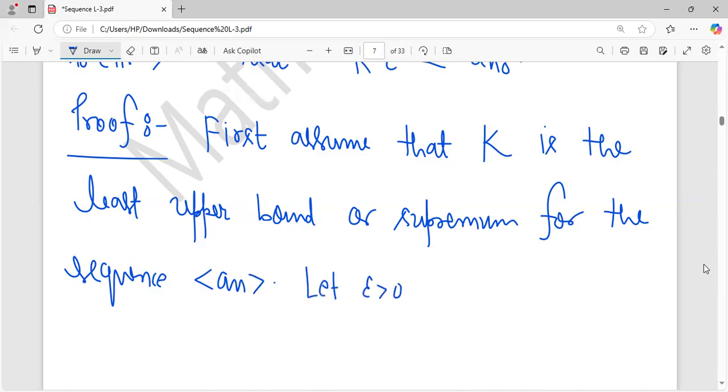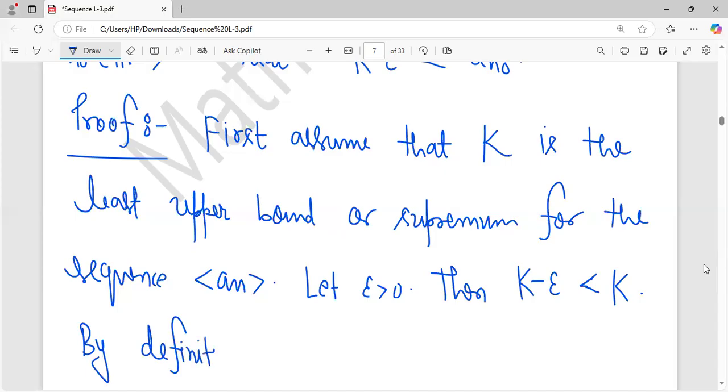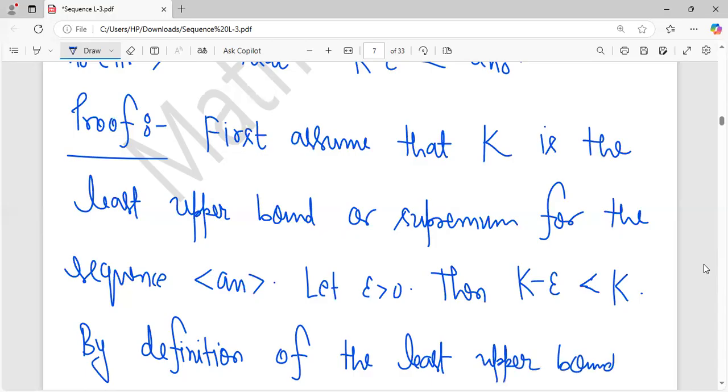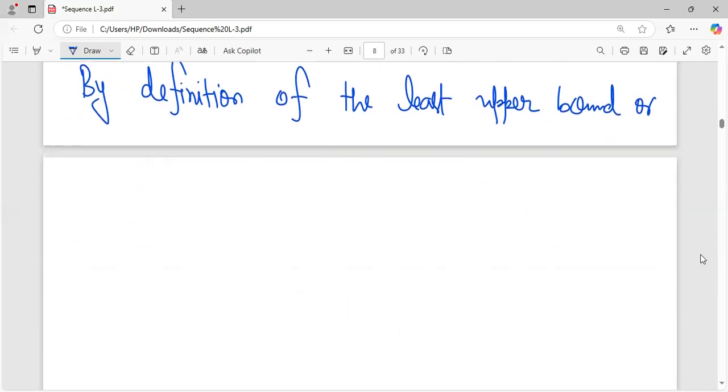Now let epsilon greater than 0. Then K minus epsilon is strictly less than K. By definition of the least upper bound, or supremum,